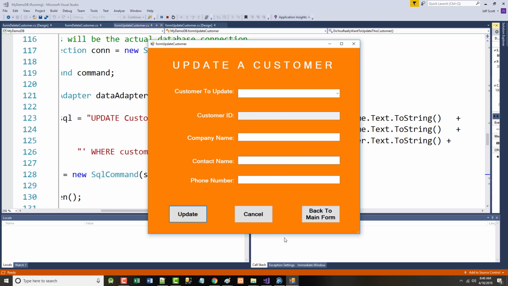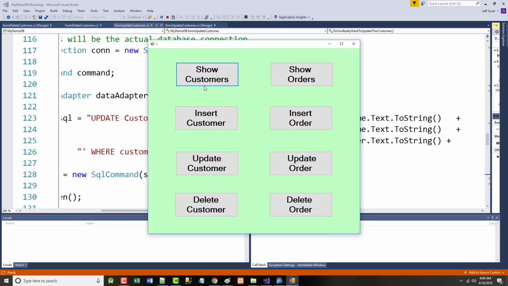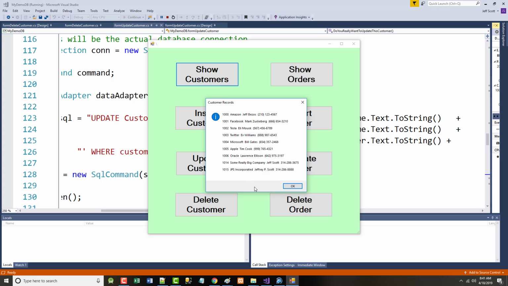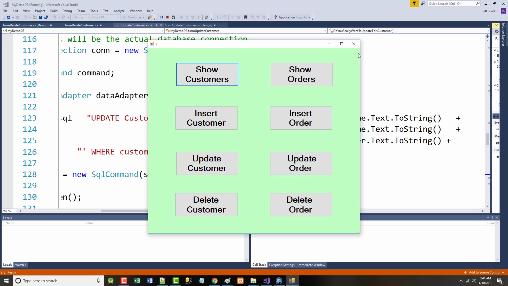Again, it clears it out in case I've got another record I want to update. I go back to my main form. I show my customers, and there it's been changed to JPS Incorporated, Jeffrey P. Scott, and the phone number's changed. Does all that make sense? You know, again, you'll have to take a look at the code, hopefully, and then it will really make some sense to you. All right? And then the last thing that is in there